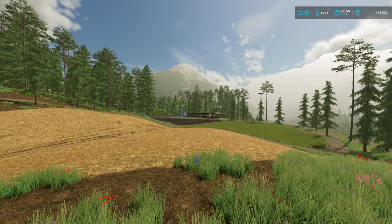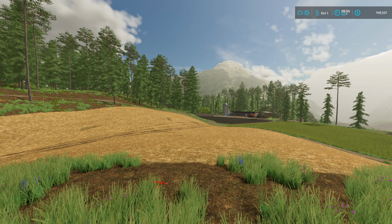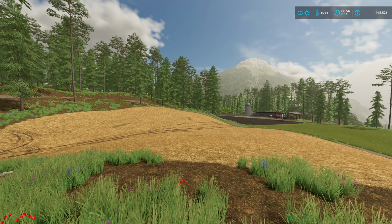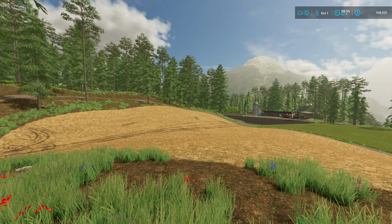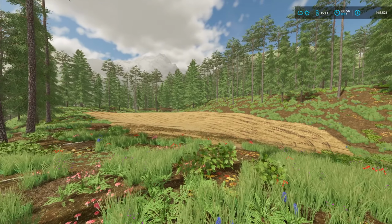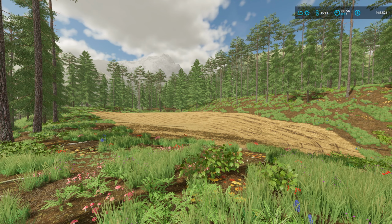Alright, so that is job done, and that actually went really well. I do like that combine. It struggles. It definitely struggles a bit on the uphills. Well, I mean, it struggles a lot on the uphills. There's not a lot of power in there, but otherwise it's great. I really do like that combine, and for what we paid for it,